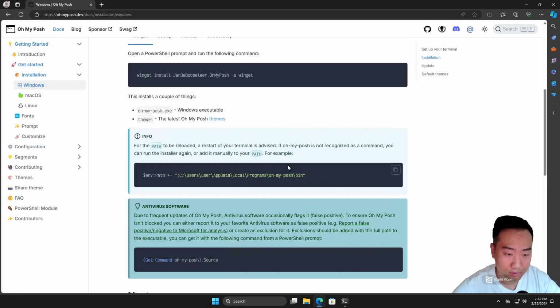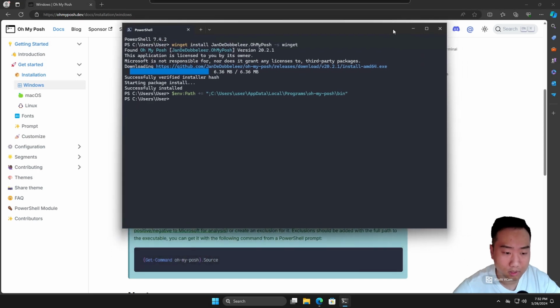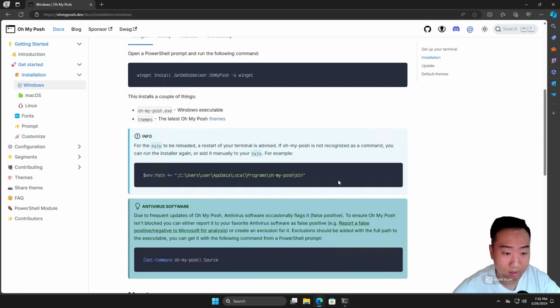First thing first, we want to set it as the default shell. So we're going to execute this one. Hopefully that worked. And then